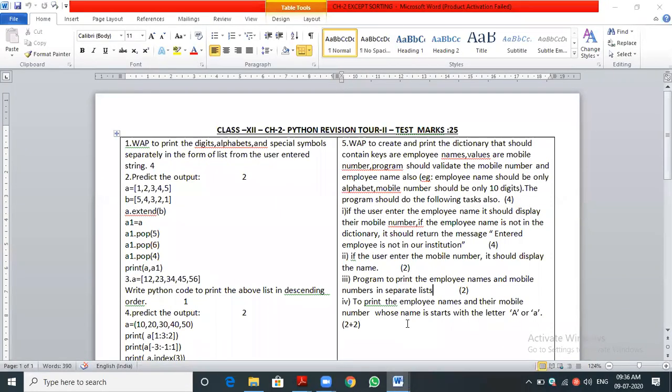So if it is equal, what do we need to print? Inside the if condition, we need to print the value: print I, comma, D of I. What is I? Name will be printed. D of I means the value will be printed. Dictionary of I, what is the value? Mobile number. Have you got it? Yes, sir. So this is the answer for the fourth question. You can see 4 marks is given for that: for the searching concept 2 marks, and printing the name and the mobile number 2 marks. The marks given are quite high. So have you got some idea regarding this dictionary, how you want to use it?